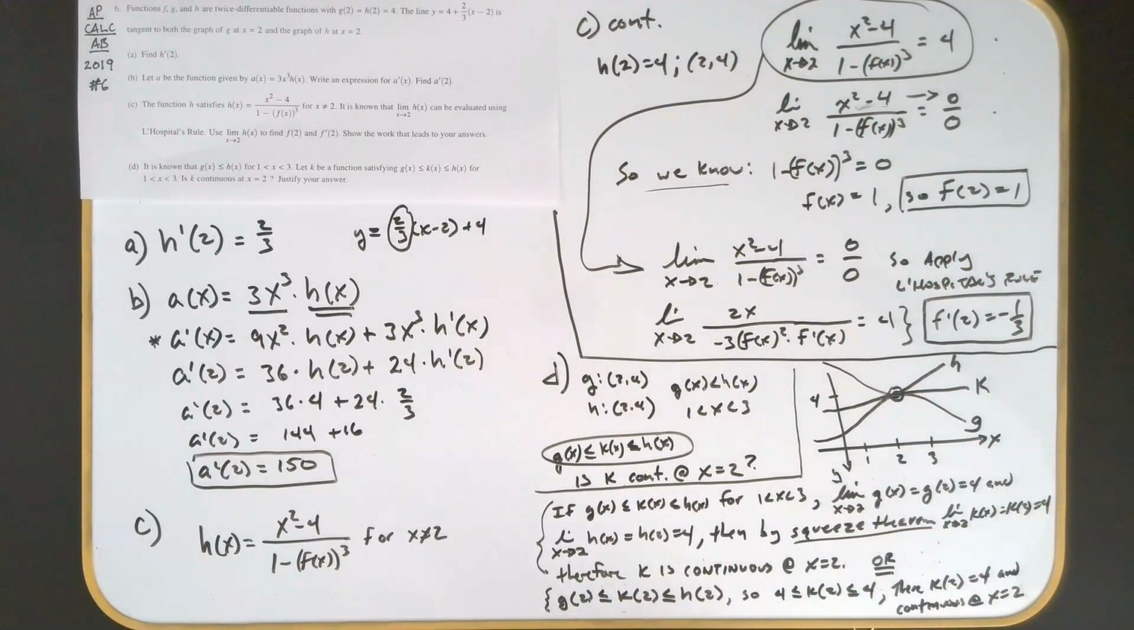So if D really threw you, not a big deal. You get 8 out of 9 points, you're doing fine. Okay, so there it is, AP Calc AB